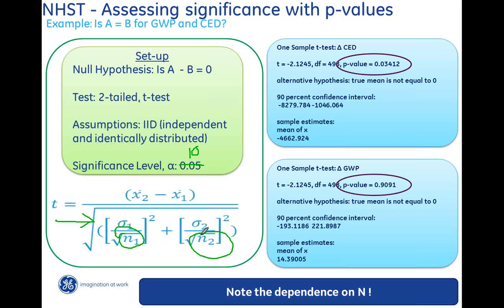Because what drives n? In our case, simulations. So I can make it arbitrarily large. If I was willing to wait, I could make n equal 1 million. Then I have 1 million sets, and this denominator is going to adjust to the point where my t-value is always going to be in that critical region. So I'll have a p-value that's always significant, whether it's really true or not.